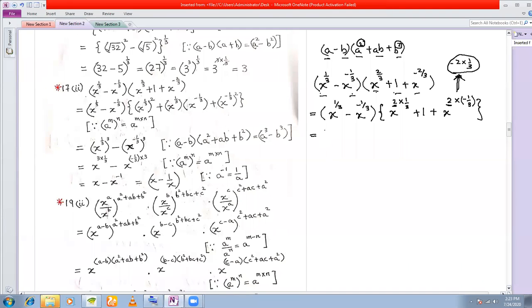So what I now do is x to the power of 1/3 minus x to the power of minus 1/3. Now this can be written as x to the power of 1/3 whole square. This one let me write as it is. And this can be written as x to the power of minus 1/3 whole square. Now you understood why I split this product in this manner and not in this manner. Because I had something in mind. I wanted a 2 here because initially my guess was that I must bring a 2 here and I must bring a 2 here.